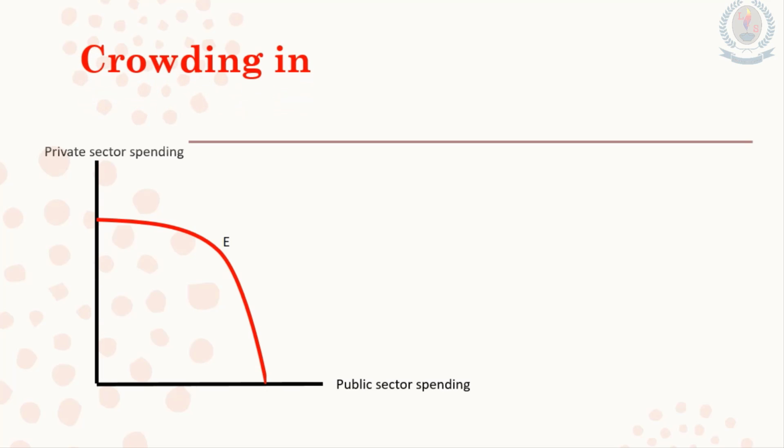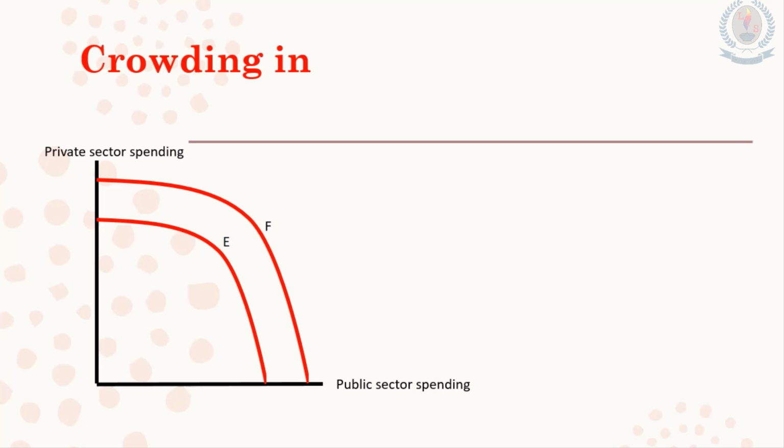Crowding in. As we discussed earlier, this is the original production possibility frontier. Suppose the country is operating at point T. When long-term investments are done, the productive potential of the country would increase, meaning that the PPC would shift to the right side. So crowding in means,